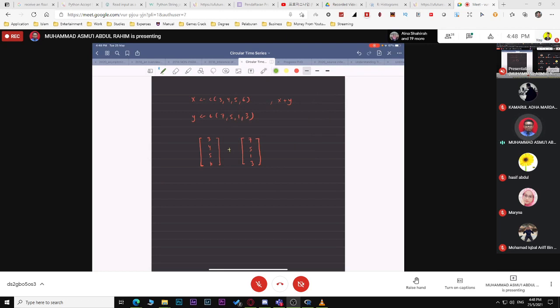Okay, what happens is it will actually do 3 plus 7. Okay, 4 plus 5. Okay, 5 plus 1. Okay, 6 plus 3. So the answer will be 10, 9, 6, 9. Okay, so this is an example of vectorized operation. Okay, for add, subtract, multiply, divide, it will follow the position, because each of these actually